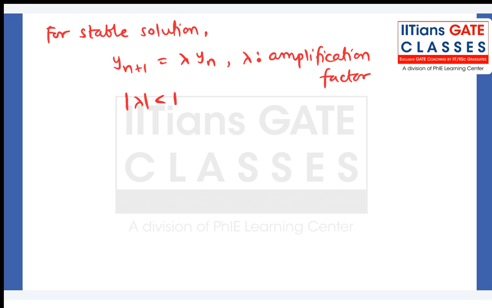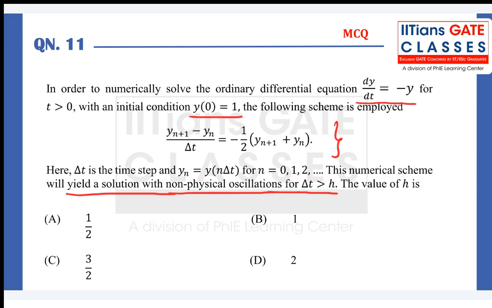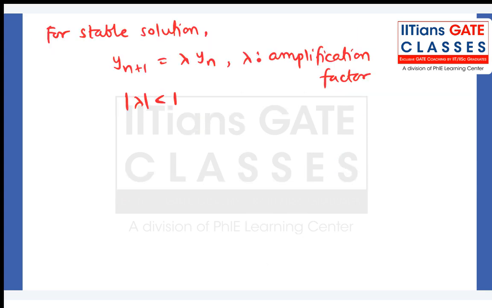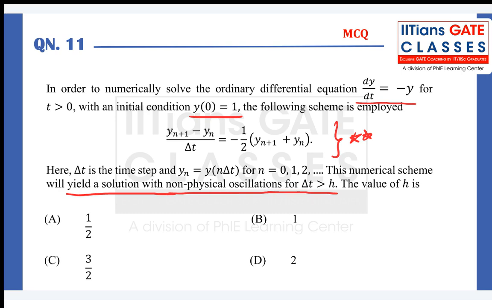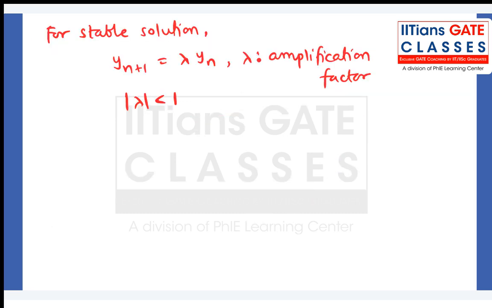Now you need to modify the given equation into the form y(n+1) equal to lambda into y(n). So basically we need to find lambda. Let's write down the given equation, which is y(n+1)